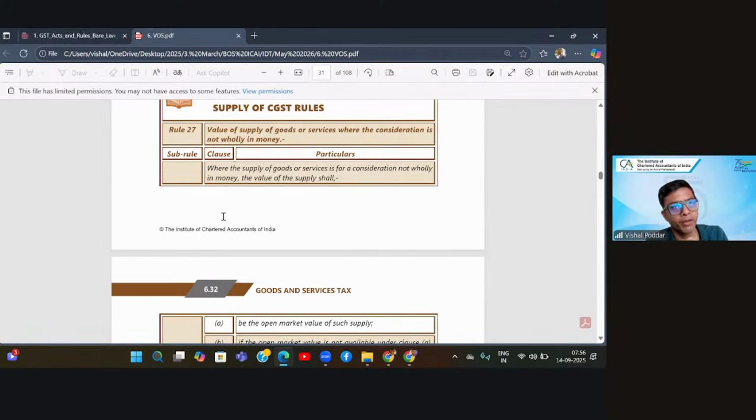15.2b. What is 15.2b? 15.2b is saying that where anything is done by the recipient, any expenses made by the recipient which was originally supposed to be done by the supplier. In such cases, 15.2b applies. And 15.2b says that whatever expense or whatever is the amount spent by the recipient should be added in the